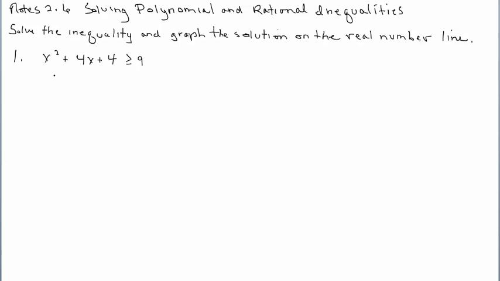Alright, so what's our strategy for solving this polynomial inequality? Well, you might not see it right away, but right here, this is a trinomial square. It factors into a binomial square. I could put x here and 2 here. It's positive. If I were to FOIL or box this, I would get back to the resulting trinomial. Alright, why would we want to look for something like that? Because